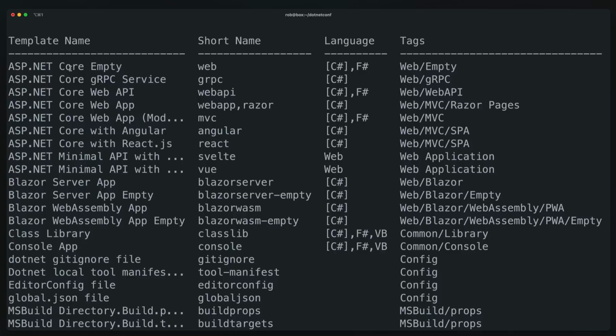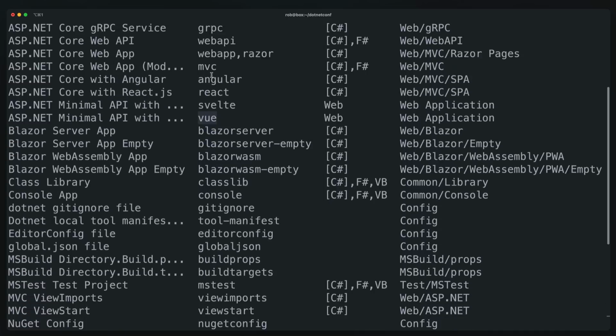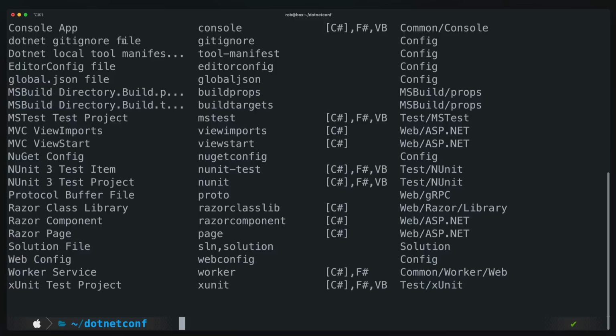Okay, so what are all these? These are all your templates for .NET New. And as you can see, here's the one I was talking about before, .NET New Vue. I also have .NET New Svelte. The ones that come installed, if you have ASP.NET, you get React and Angular, MVC, Web App, and so on. So you probably are familiar with these, but what we're going to do is we're going to make our own